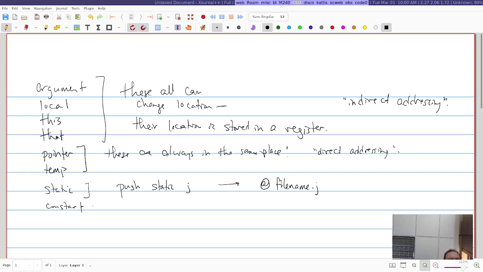And then constant. Remember, the constant segment doesn't actually exist. If you say pop constant 3, or push constant 3, it just means push the number 3 on the stack. So that's also pretty simple, because it's literally just take that number and put it on the stack, which is maybe 4 assembly instructions or something, right? Because you've got to, well, here, let's